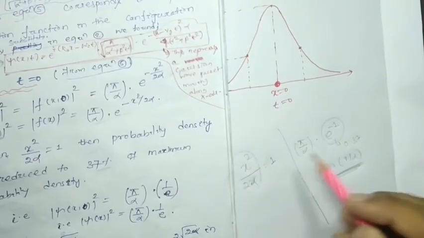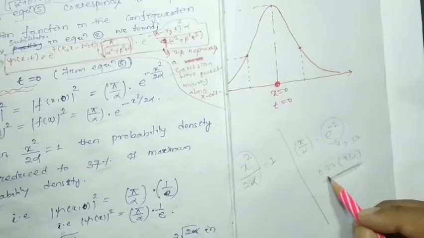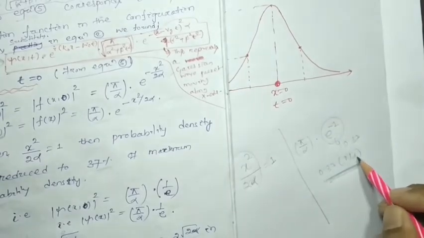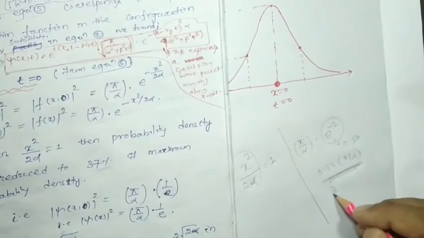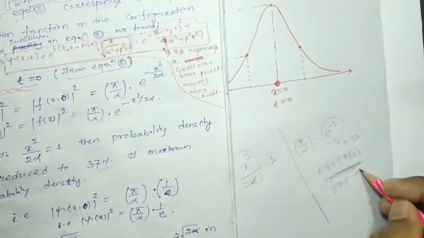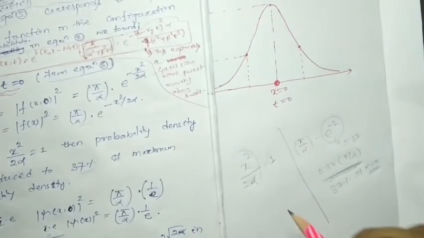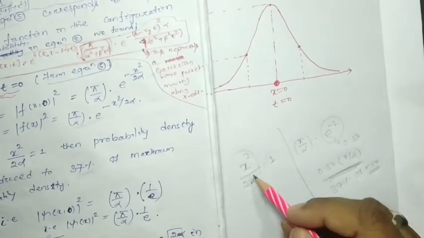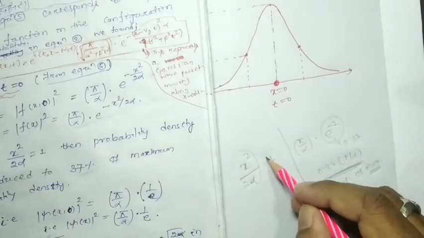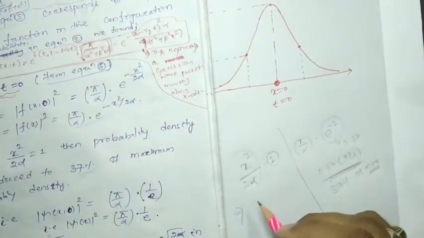For this case we considered x square by 2 alpha equal to 1. If x square by 2 alpha is equal to 1, then it will be e to the minus 1, and we are going to get 0.37 of pi by alpha, or we can say 37% of maxima. Okay. So if x square by 2 alpha is equal to 1, that implies